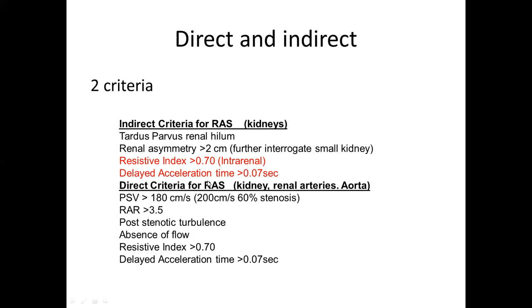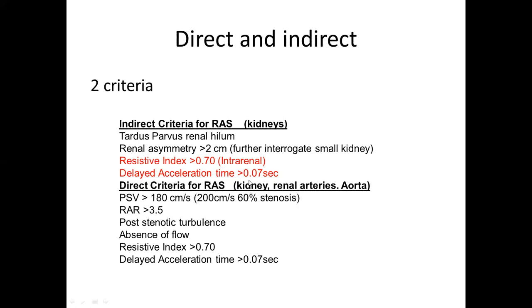Then on this indirect criteria, you can even look at the kidney echo texture, right? Do the kidneys appear normal, or are they echogenic? Is there good corticomedullary differentiation, and all those things? Then on the direct criteria now,